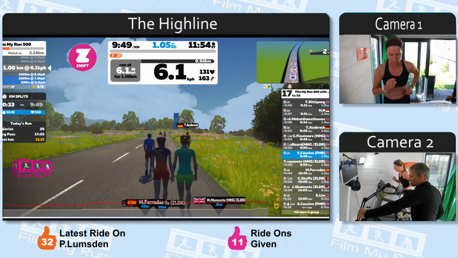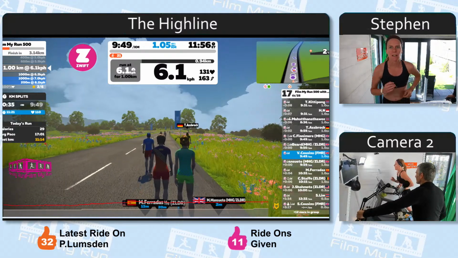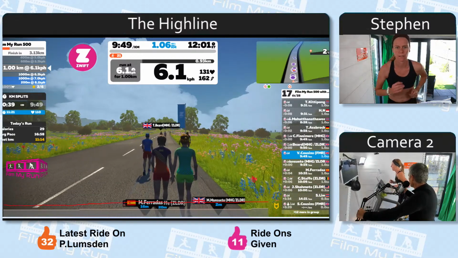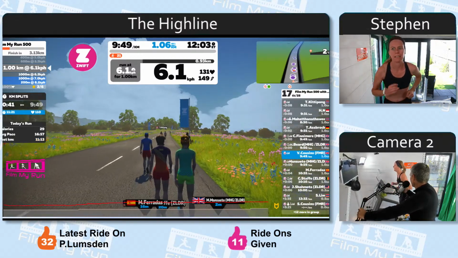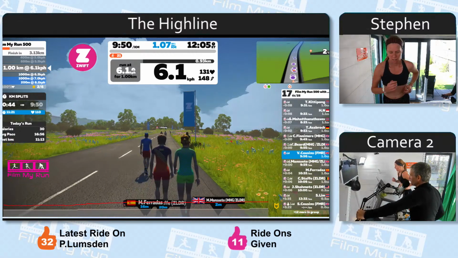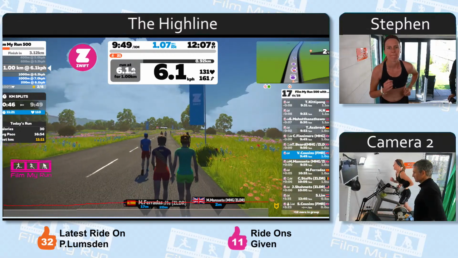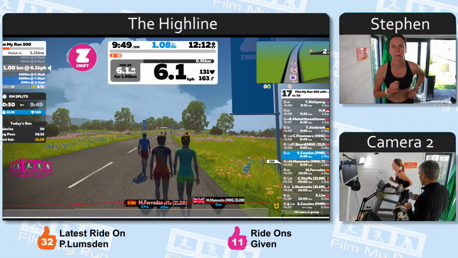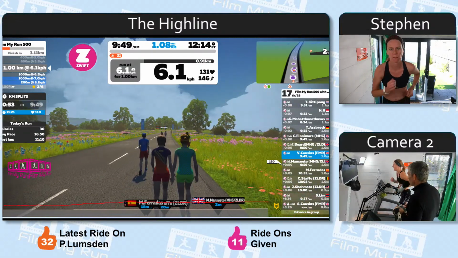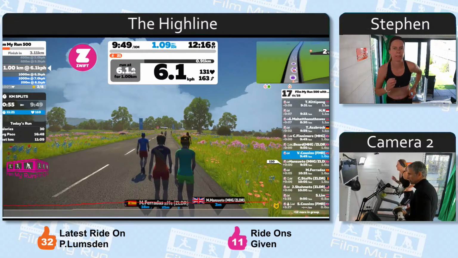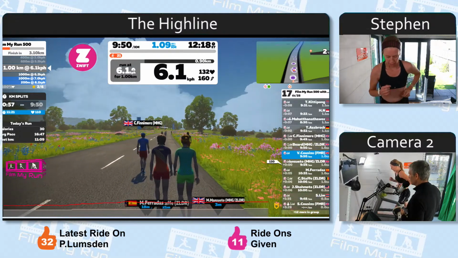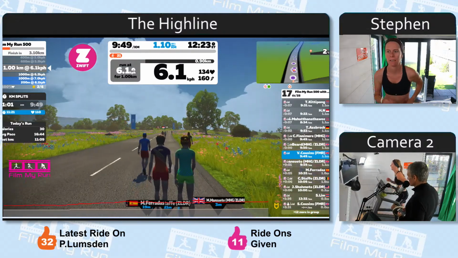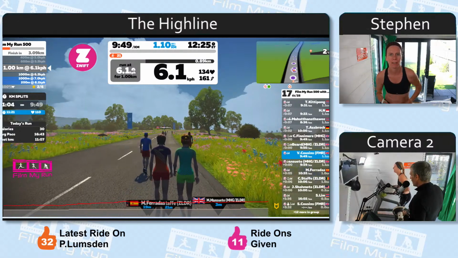Clive Finnemore's heart rate is 124. Tina Beard is 136. Chris is 140. Well done, guys. All still well below 150. Mark Mansueto is at 130 BPM, so very good, everyone. Nice and comfortable going into the second kilometre. So we have just over 3 kilometres left of the Fulmar Run 500.